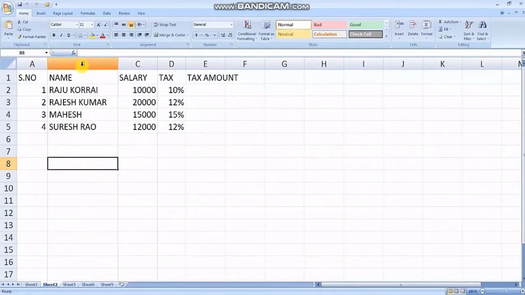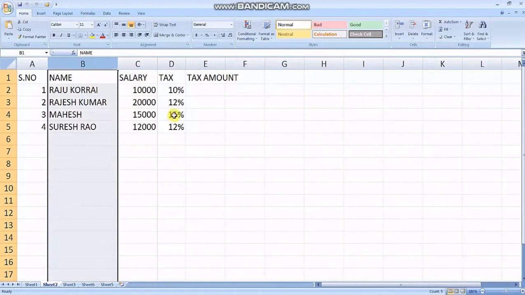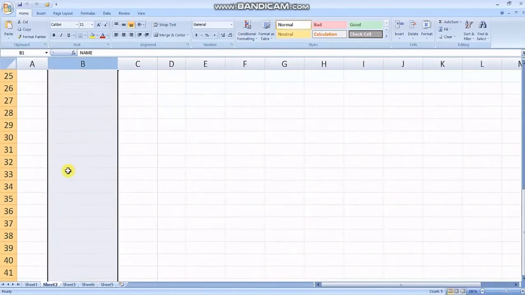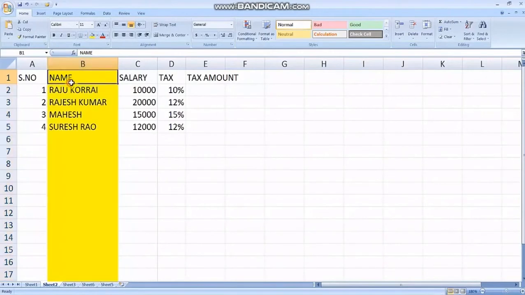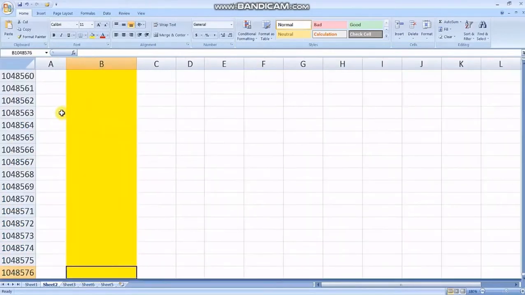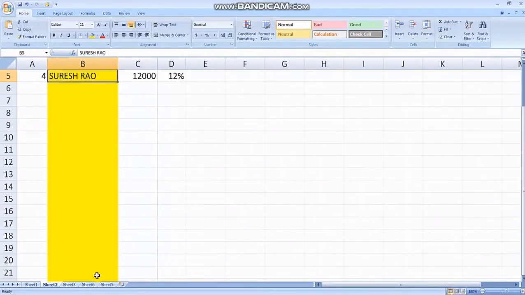So, click on B column. It will select the entire column automatically. See how to identify this selected entire column. I am going to apply a color, so we can identify whether the color is applied to the whole column or not. So I gave yellow color shade. To go to the last row, press Control plus down arrow. See, have a look, it is applied to the whole column. Again press Control plus up arrow, we will come back to the first row.